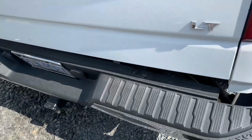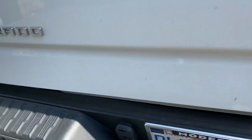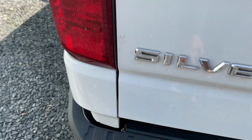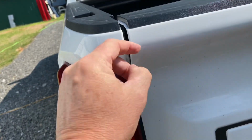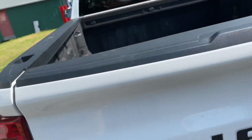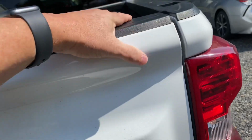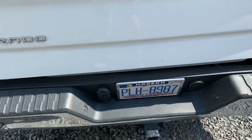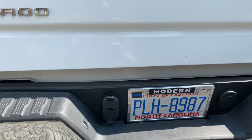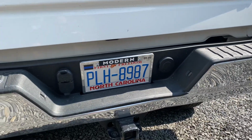And you come around and you see the whole tailgate is off center here compared to here. The big gap you got up here at the top, now you can see through to the bed, and you've got another big gap here. Tailgate still goes down though, but it's obviously misaligned. And looking at it from down here at the bottom, of course, you know, the bumper's bent,